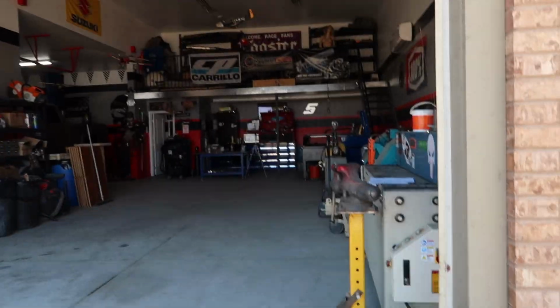I did buy a new hand plasma. We have the plasma table, but I bought a little portable plasma, which I'll do a review on because I got it off Amazon. It's a cheaper one, but it had good reviews, and I watched a lot of videos on it. And just for the time being, until we're ready to buy, like, a $3,000 one, hopefully it gets us by,